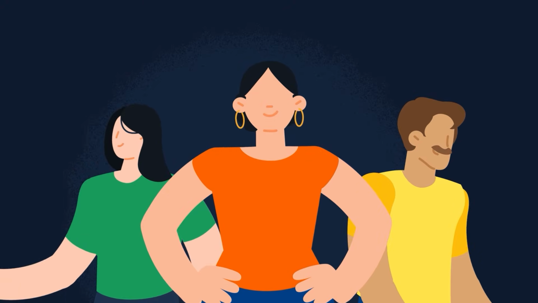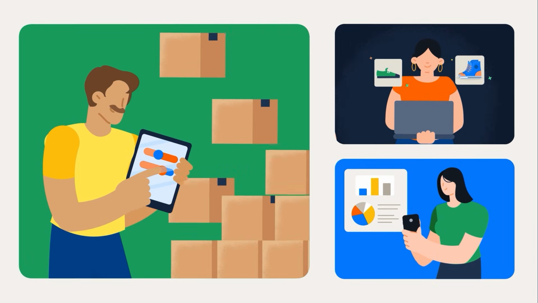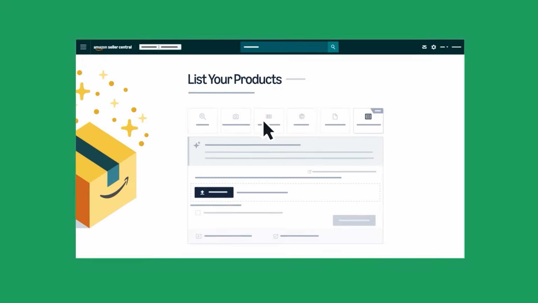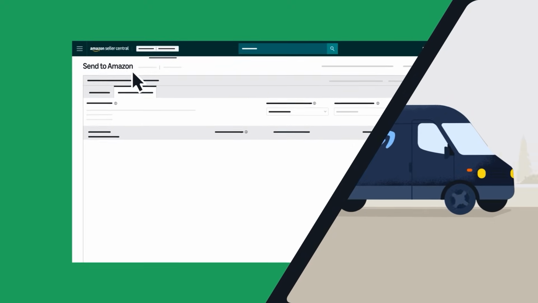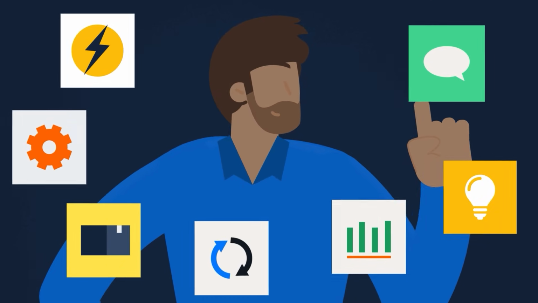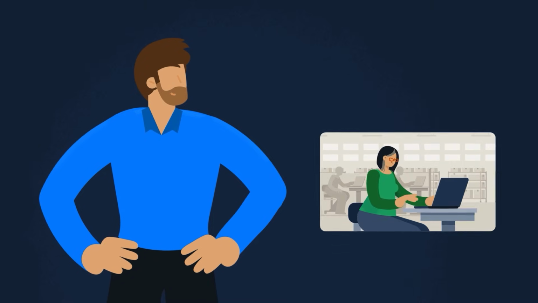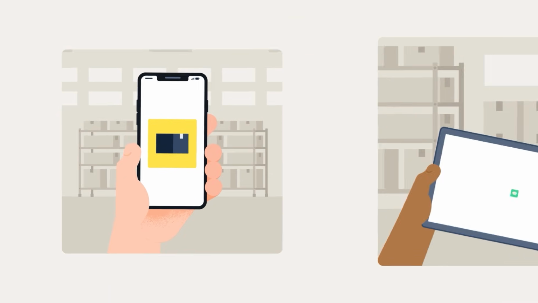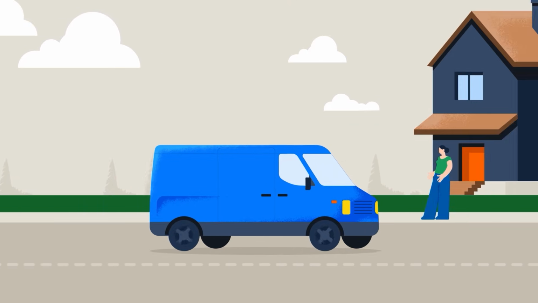Amazon sellers leverage various technologies to launch, manage, and grow their businesses. While some sellers rely exclusively on Seller Central's built-in tools for listing products through Add Products, pricing with Automate Pricing, and shipping inventory via the Send to Amazon workflow, others utilize third-party applications to enhance their listing, pricing, shipping, and business operations. Third-party apps function similarly to smartphone or tablet applications, providing specialized functionality that helps Amazon sellers streamline and